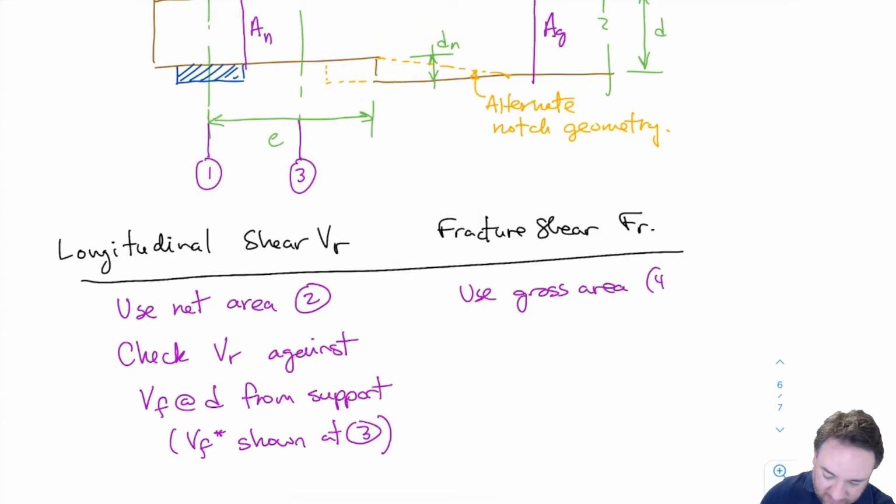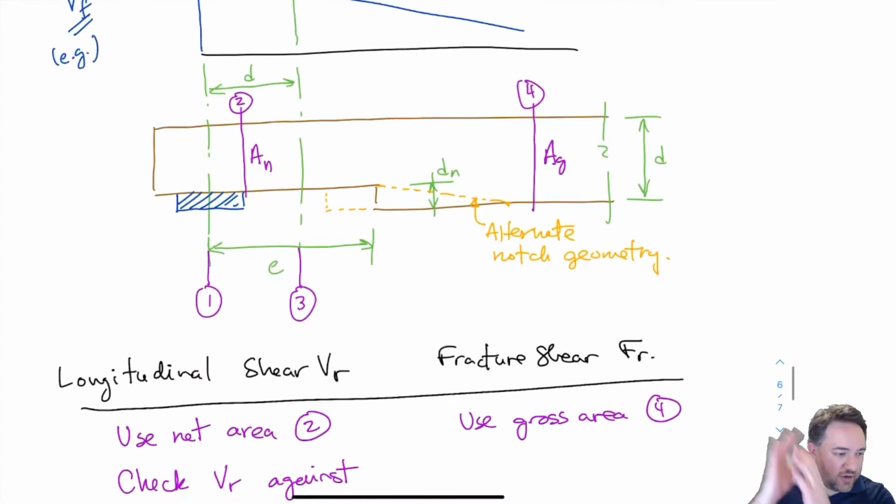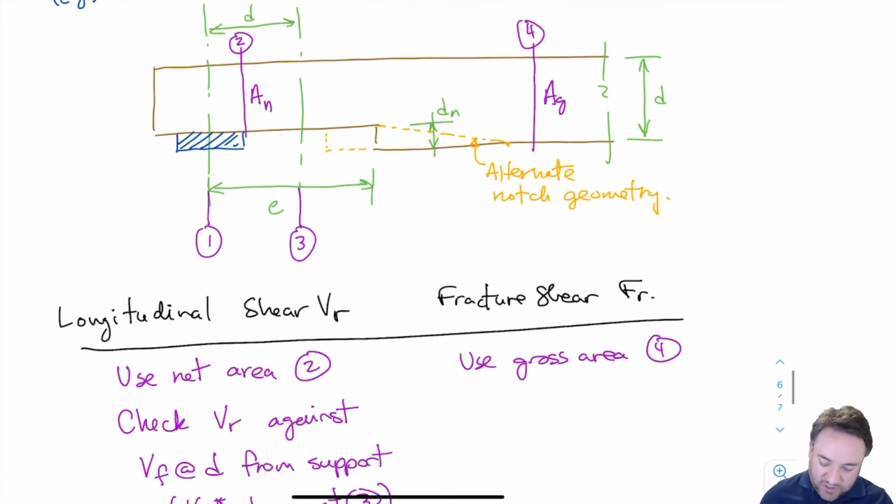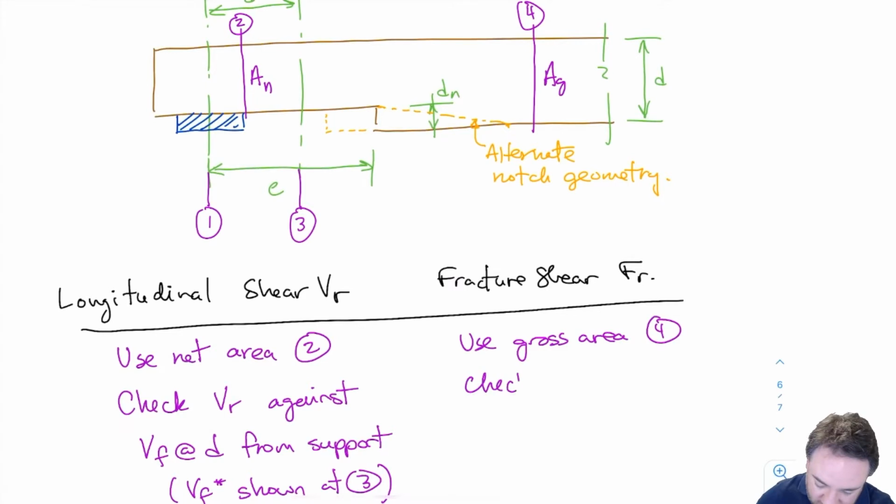Now for fracture shear, I'm going to use the gross area. Okay, and that's at 4. So wherever all my notches are finished and I've cut them out, at that location 4, that's my gross area. And why? Because KN is going to take into account the notch geometry. And I'm going to check this FR, the fracture shear strength, against